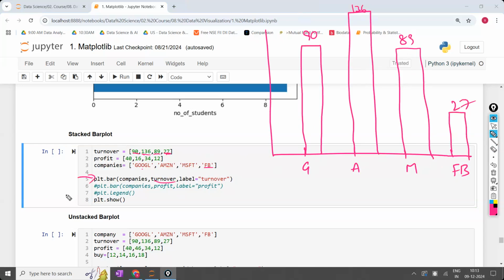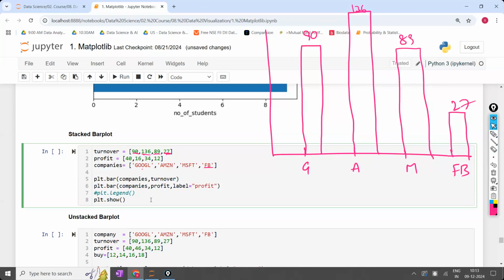Is everyone okay with this line? Sir, what is the label? Ignore the label, the label is also not there. Up to here, okay? X comma Y: what is the x-axis, what is the y-axis. Up to here, okay, right? Now come to the second one. The second line, that is this line, line number 6: plt.bar